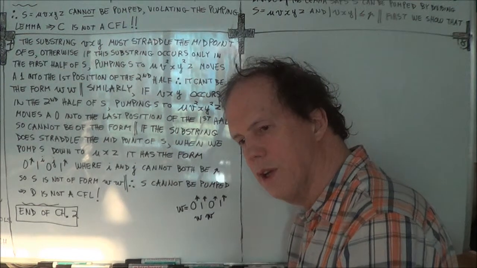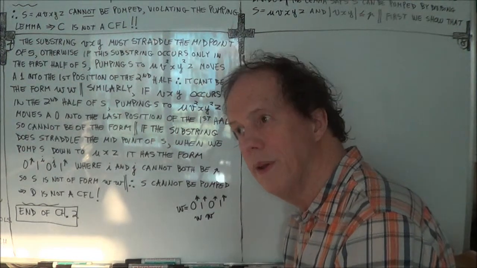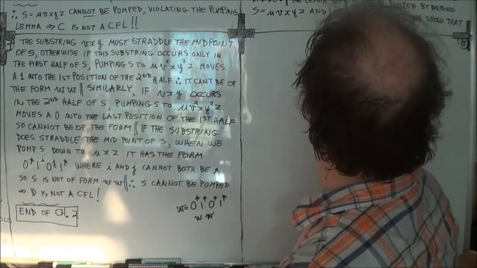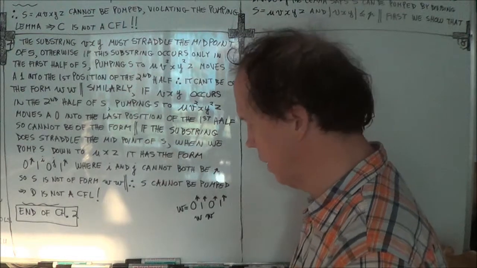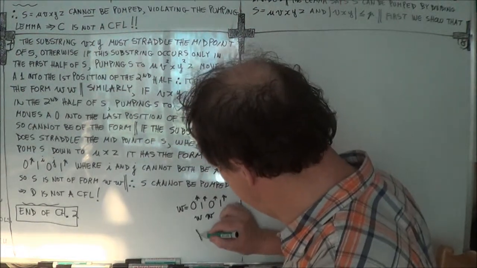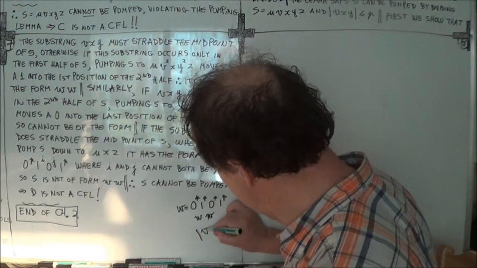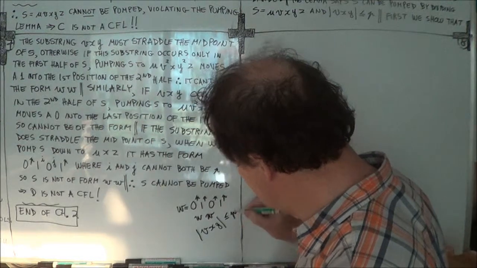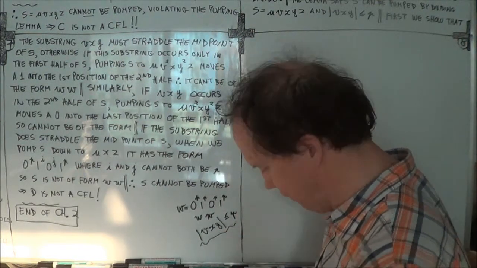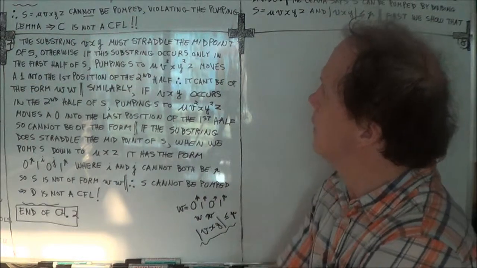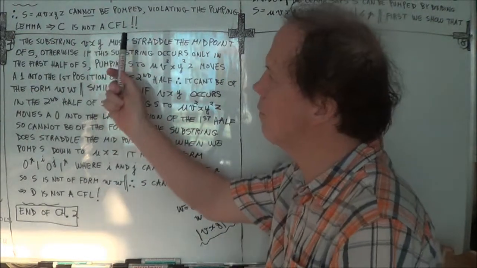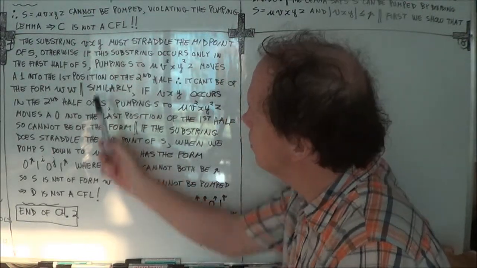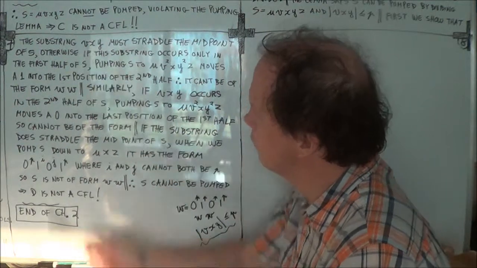To do that, there's a kind of major intermediate step. The strategy is, we're using condition 3. And condition 3, if you remember, is that the length of vxy has to be less than or equal to the pumping length p. So the strategy of this proof, the main idea, is to show that this substring vxy